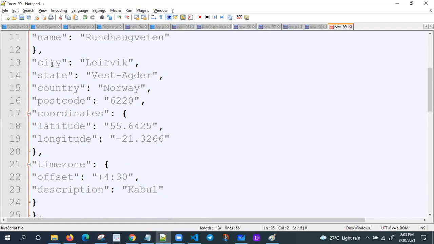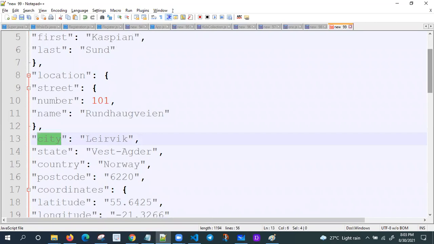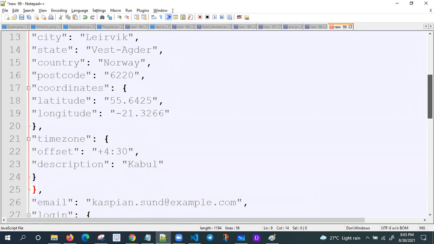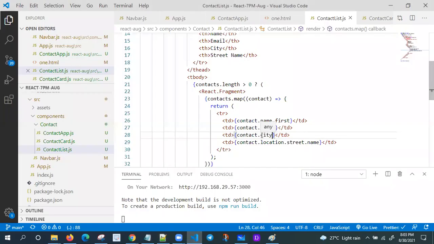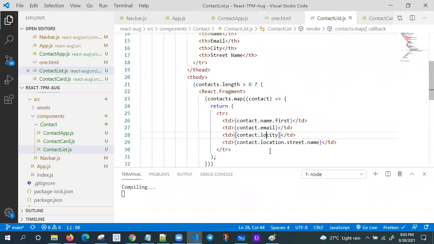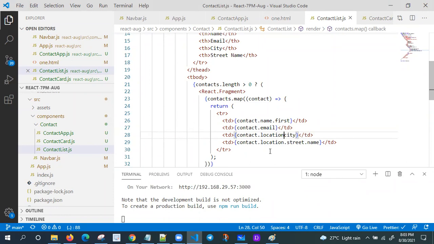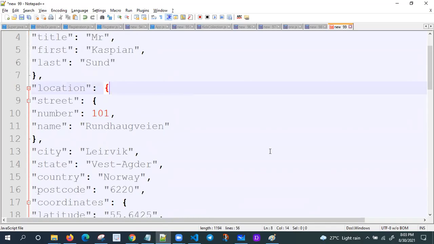Yes, city only. Okay, let me check this one. Location. Okay, ending here. Location dot city. See this one here. Location is again starting here, ending somewhere. Right, location dot city. Fine. Let me check this one.